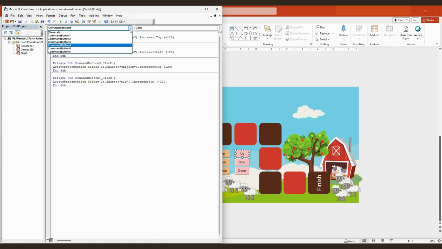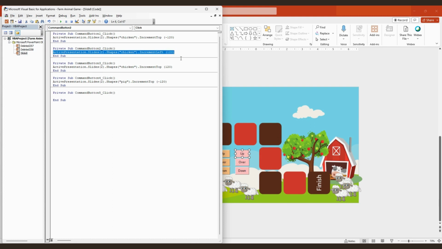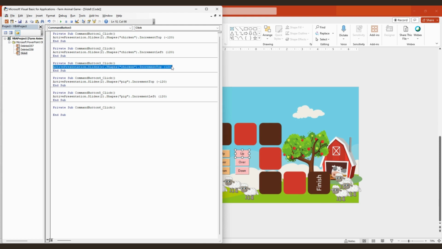I'm going to hit save and then change to button 5. This one should be the same as my button 2. So this is command button 2. Grab onto that, Control C, Control V, and I'm just going to change chicken to pig. Hit save. And then our last one should match up with our button 3. There we go. I'm going to save and close